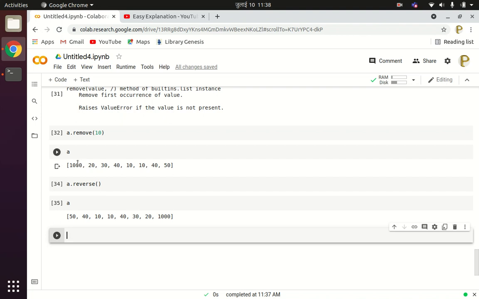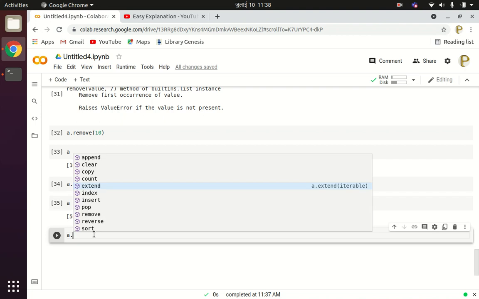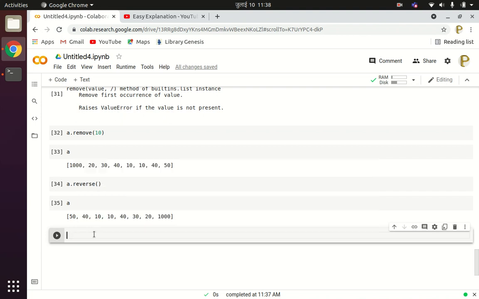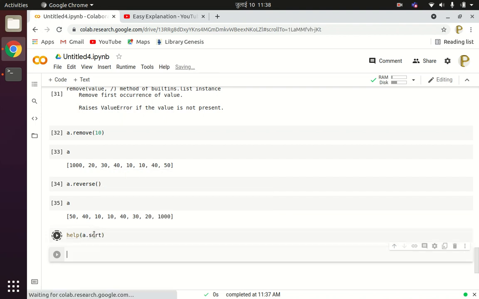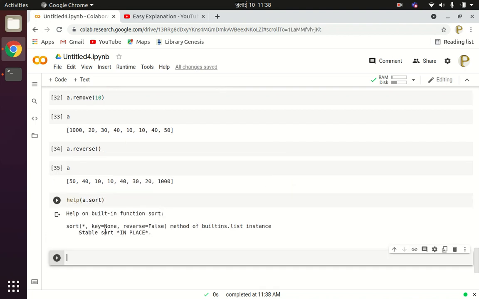Now you can sort the list by using the sort function. If we say help a dot sort, see, in-place sort, it will sort the elements in ascending order.